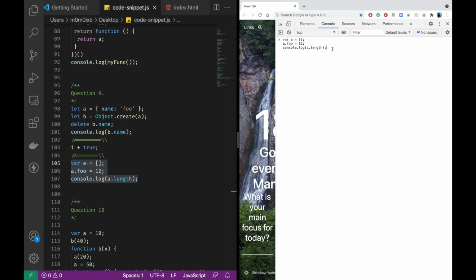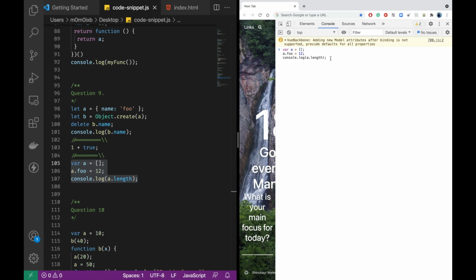Yeah. So coming back to it, ideally when we are putting a new value 12 with a key called foo inside A, the length should be 1. But the thing is, arrays basically are of two types, standard arrays and associative arrays. A standard array is one where the indices will always by default be numbers. It starts from 0, then 1, then 2, incrementing likewise. But if you try to set something else, like we are trying to set foo here, that goes to the associative part of it.